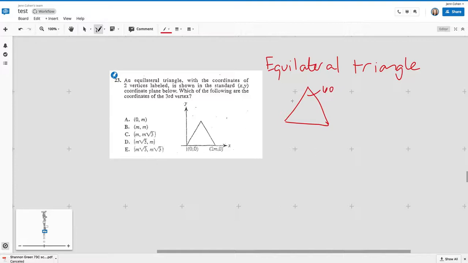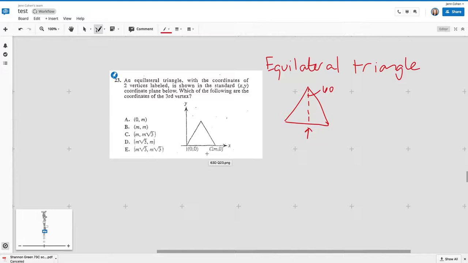And if you drop a vertical down from that point at the top, you're going to create two congruent triangles, and this hits the base at the midpoint. Okay. With this particular question, they tell us that we have an equilateral triangle with the coordinates of